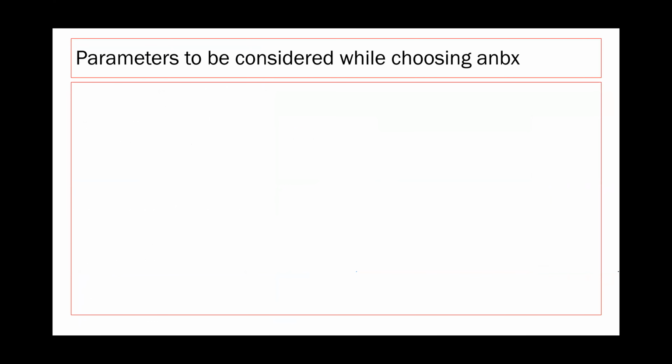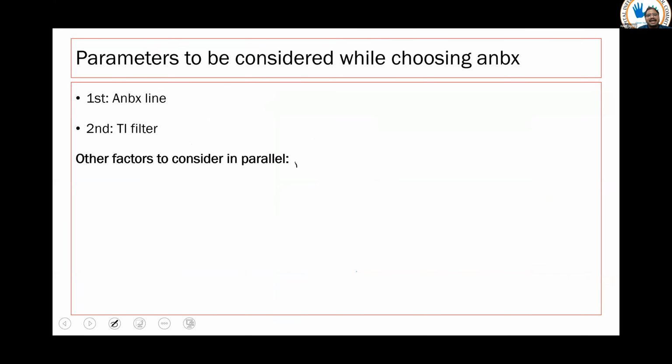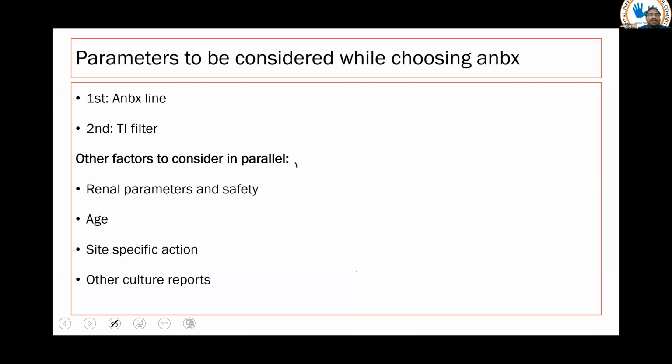Okay, so what are the parameters we use to choose an antibiotic? We have already discussed this in the list. First is our antibiotic line, what we have decided for our institute. Then we should go for the TI filter. We should consider parallelly other factors like how the renal parameters are, how the patient safety profile is, the PKPD profile of our drug, whether it is going to be effective in that site of infection, the age profile of the patients, whether you can give it in a pediatric population or elderly,